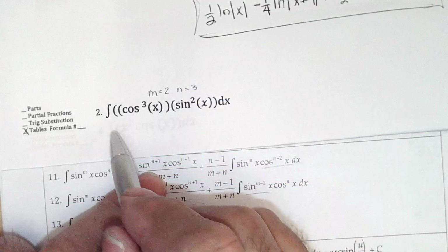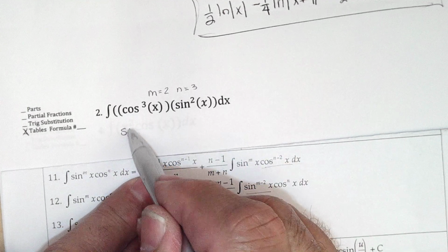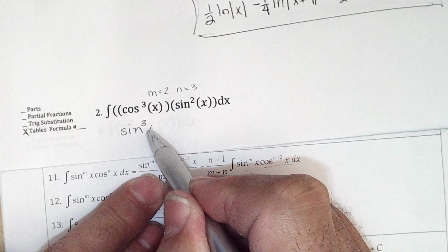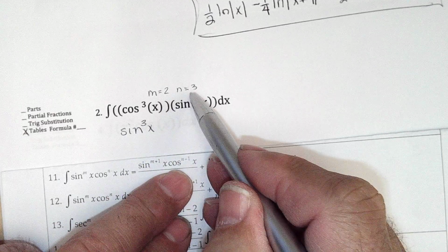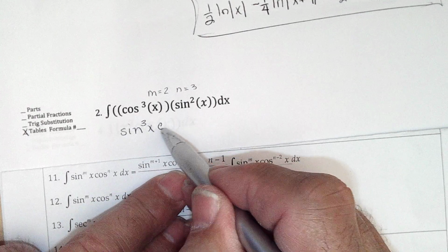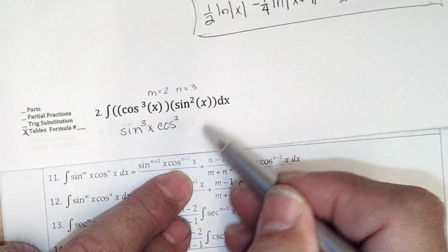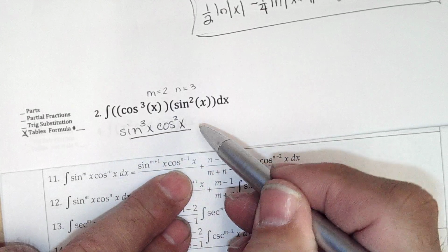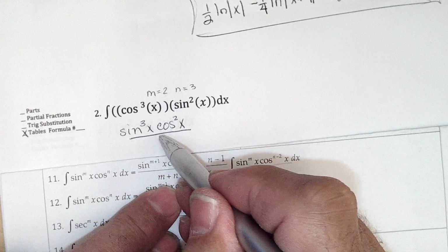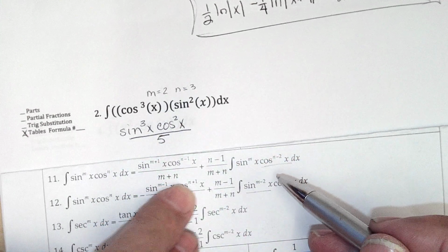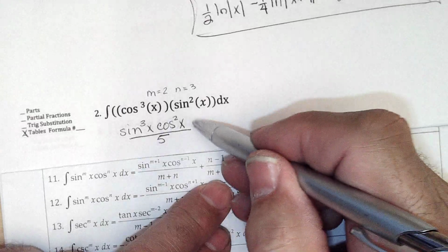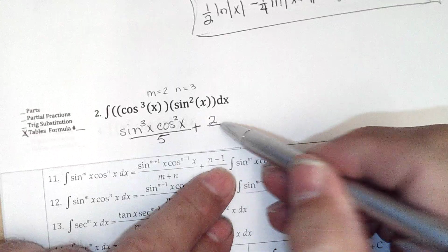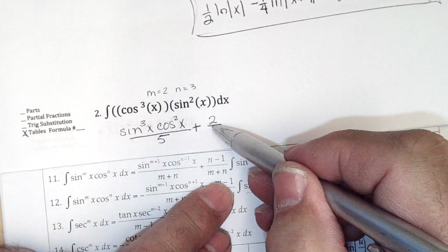So I get sine to the m plus 1, sine cubed x, cosine to the n minus 1, cosine squared, 3 minus 1 is 2, x divided by 2 plus 3, plus n minus 1, 2 over m plus n, 5,